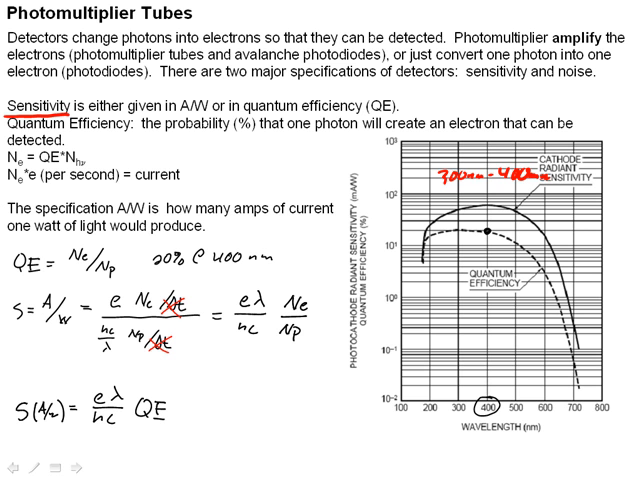So that's how the sensitivity and quantum efficiency are related, and you can go ahead and do these calculations fairly simply. Let's go on and look at actually doing some measurements with the photomultiplier tube and look at the effect of noise, because no detector is perfect. Your limit is always